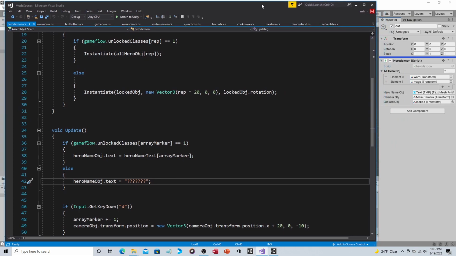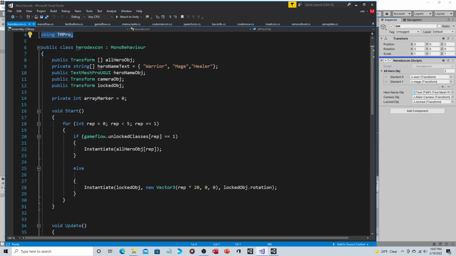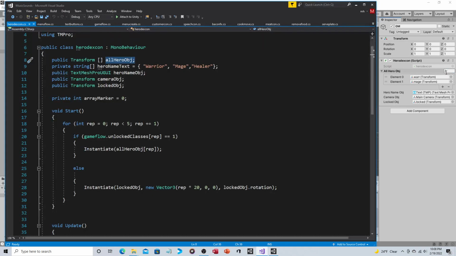Okay, so the hero dex, as opposed to a Pokedex. Since we're going to be using TextMesh Pro, we need to use that namespace. And then we're just going to create variables. So again, we're creating an array. So public transform, the brackets indicate that's an array, all hero objects. Because it's public, that makes it accessible here in the inspector. And as you can see, I put 2 there, sorry, I should have just pointed. I put 2 there because we only have 2 right now, and then it's just drag and drop the prefabs